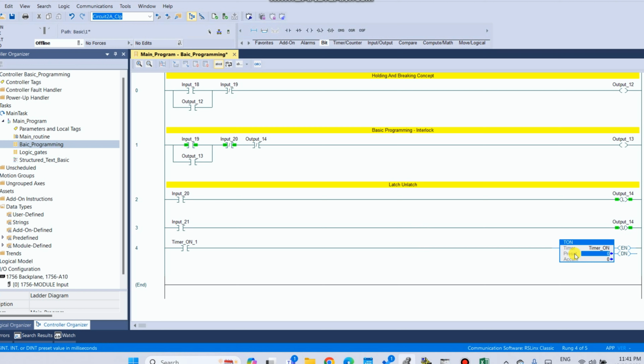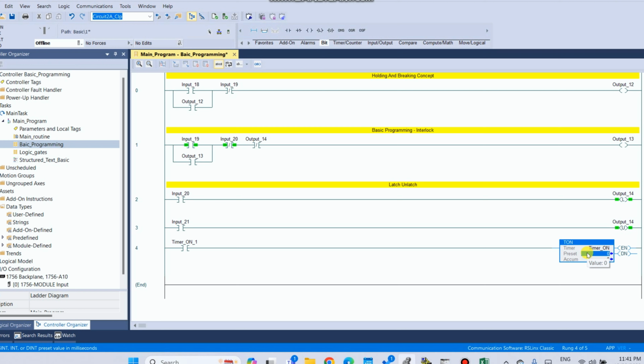The unit of preset is milliseconds. So if you want a timer for 10 seconds, you need to enter 10,000 as the preset value. It means that in Studio 5000, the timer preset value is taken in milliseconds. So 1 second is equal to 1000 milliseconds.